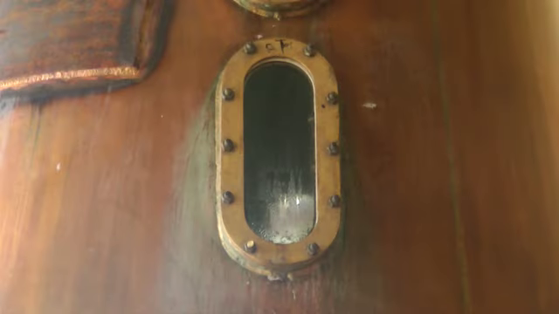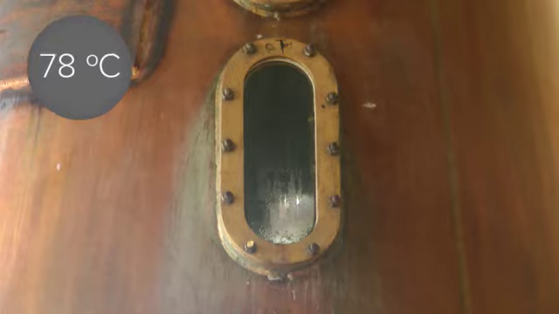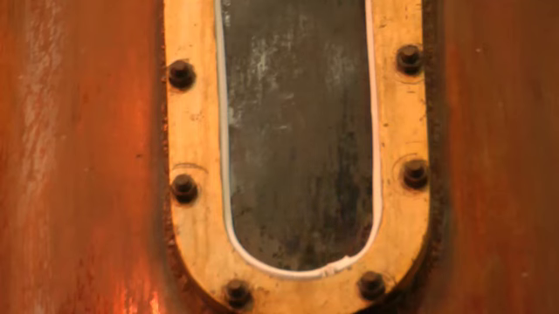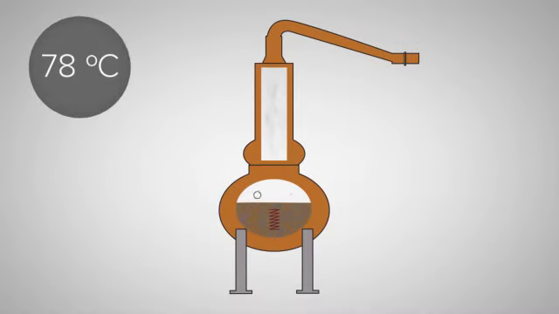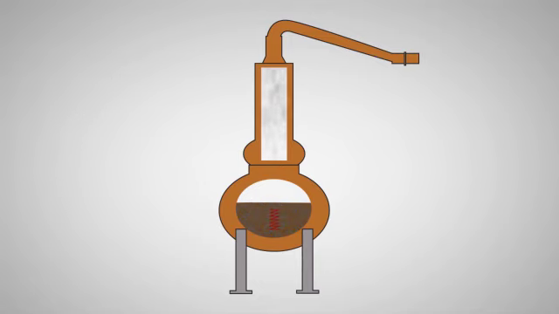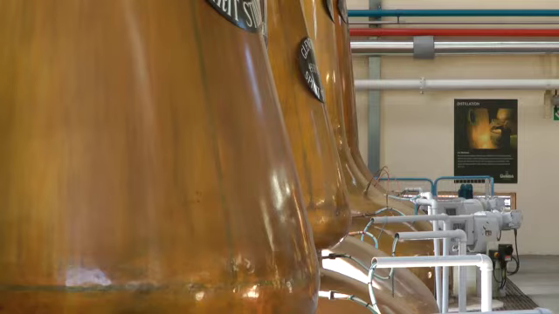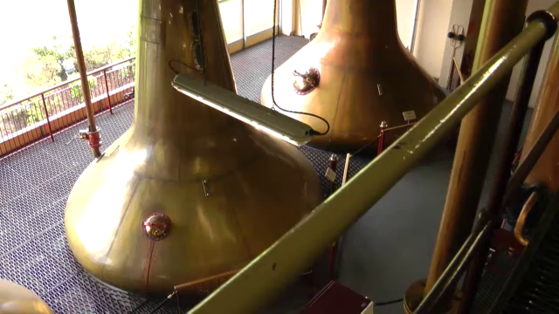The first thing to know is that alcohol boils at around 78 degrees Celsius, while water boils at 100 degrees Celsius. This means that alcohol will vaporize and become a gas before water does when both are heated. In other words, as the alcohol becomes a gas at 78 degrees Celsius and rises, the water in the alcohol stays behind because it's not hot enough to vaporize yet. This means that each time a spirit is distilled, more water gets left behind, leaving alcohol to make up more of the overall liquid. This raises the percentage of alcohol in the liquid each time distillation takes place.